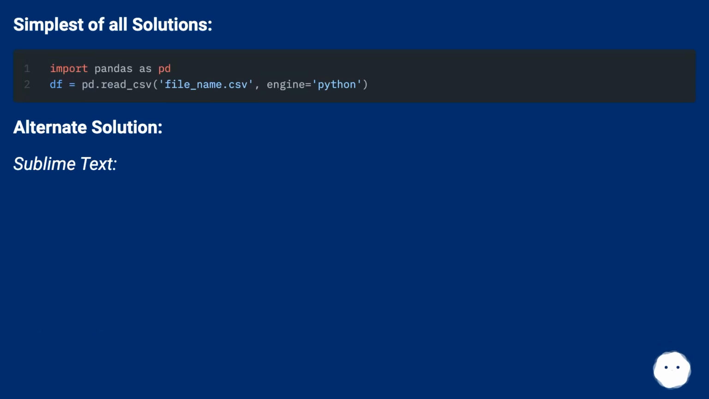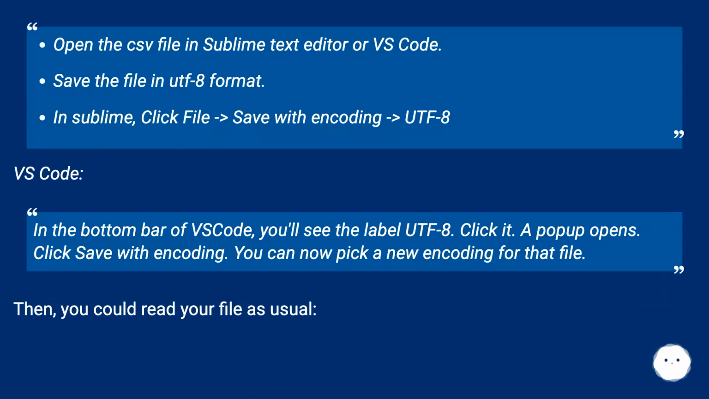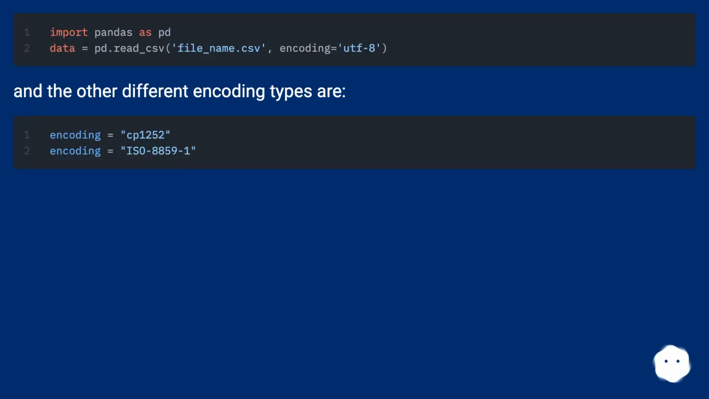Alternate solution: Sublime Text. Open the CSV file in Sublime Text editor or VS Code. Save the file in UTF-8 format. In Sublime, click File, Save with Encoding, UTF-8. In VS Code, in the bottom bar, you'll see the label UTF-8. Click it, a pop-up opens. Click Save with Encoding. You can now pick a new encoding for that file. Then, you could read your file as usual. And the other different encoding types are